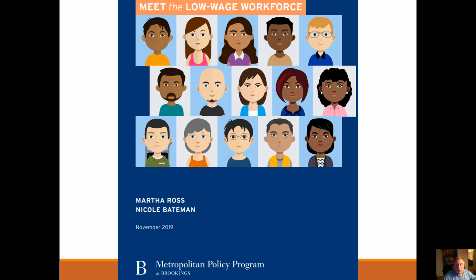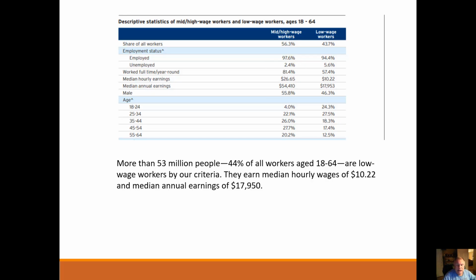because I'd like to introduce to you this concept of the low-wage workforce. These are the people who have been adversely impacted. And when I first saw these numbers, I was shocked. Okay? So what they did is they broke all workers down between 18 and 64. They called 43% low wage when they sorted them, and 56% high. And when you look at the employed versus unemployed, low-wage workers tend to be a little bit more unemployed, or worked only part of the year. Look at this right there.